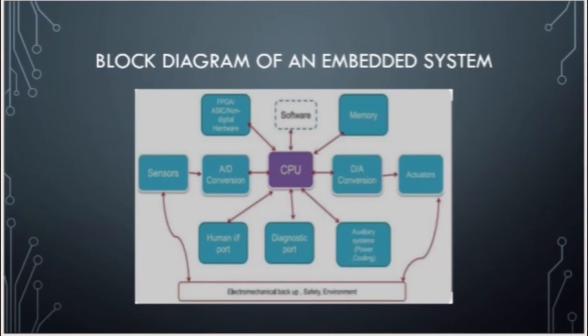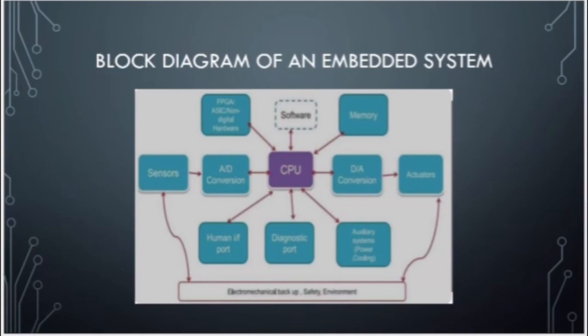Let us see the block diagram of an embedded system. The main unit is CPU and the other blocks are sensors, A to D converter, D to A converter, actuator, memory, ASIC, non-digital hardware, software, human interface port, diagnostic port, auxiliary system, power supply, and the signal received in the sensor